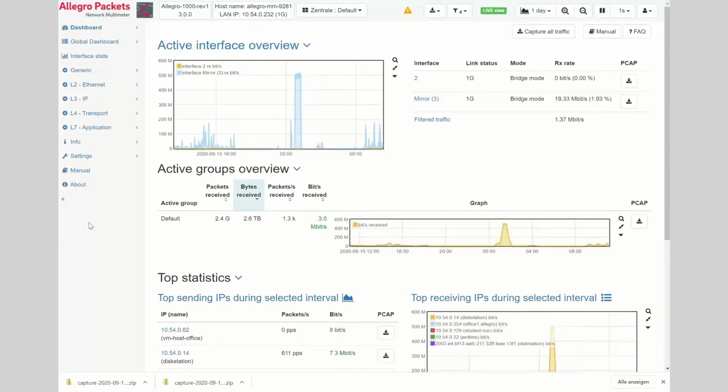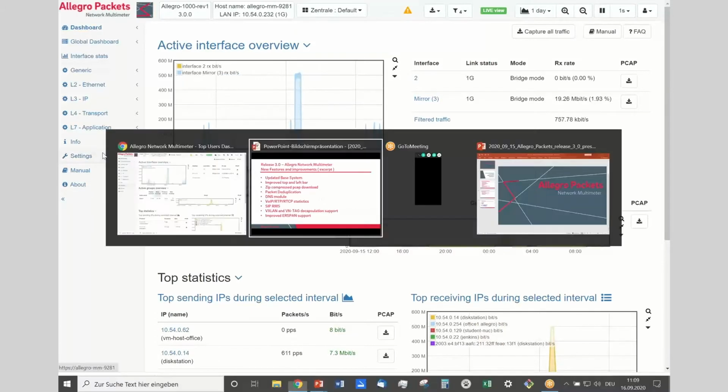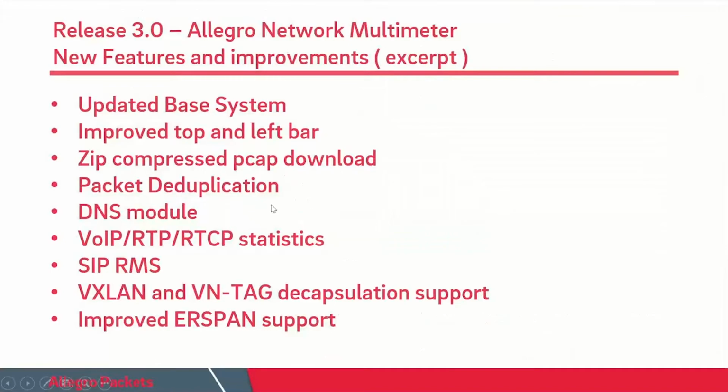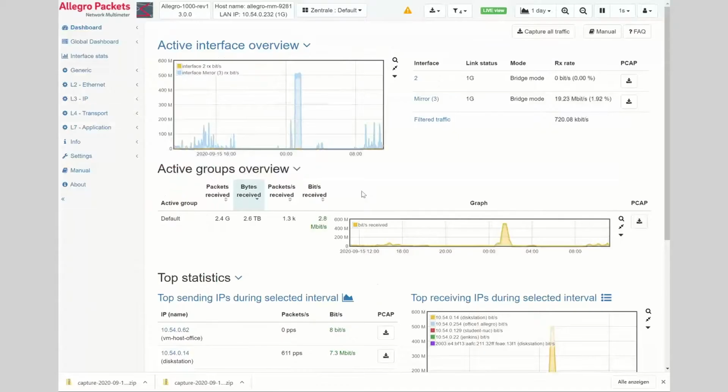Okay, next feature is the deduplication. Let me go back to my list. So the packet deduplication. We got a lot of requests if we can do a packet deduplication. There are good and bad things about packet deduplication.